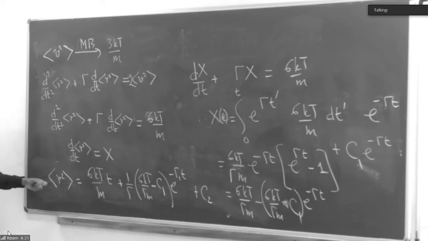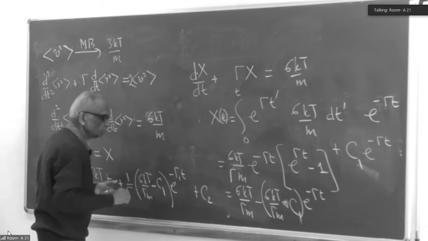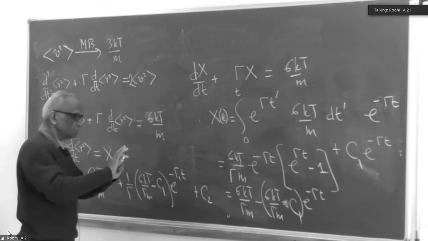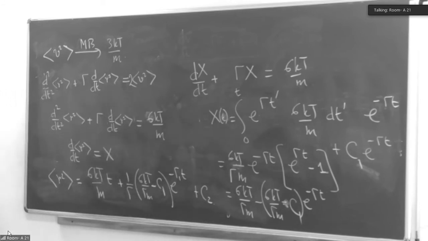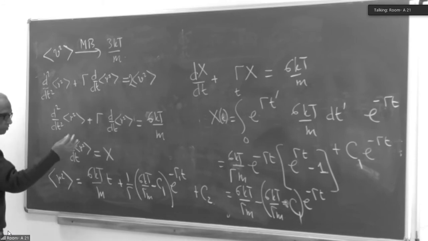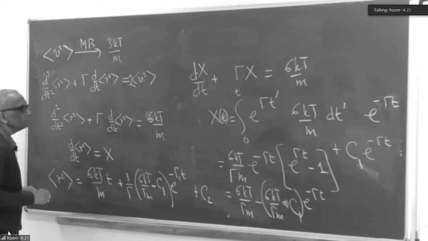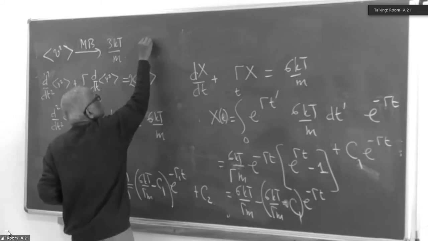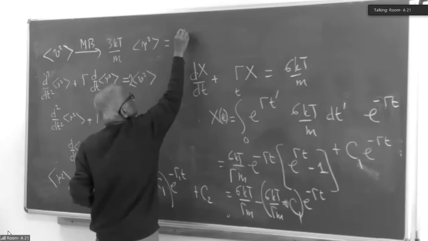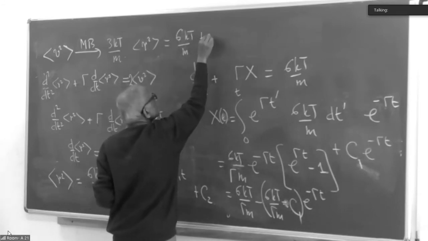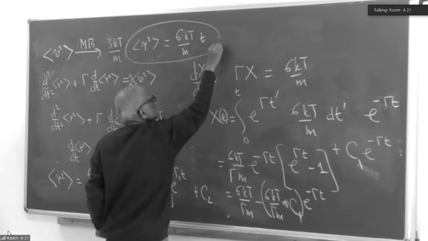Well, for t large, when a long time has gone by, this term is going to go to 0. Average R squared, you choose your constant c2 to be equal to 0, or whatever it was, you don't care. R square average, when t becomes very big, is equal to 6kt over m times gamma. So there is Einstein